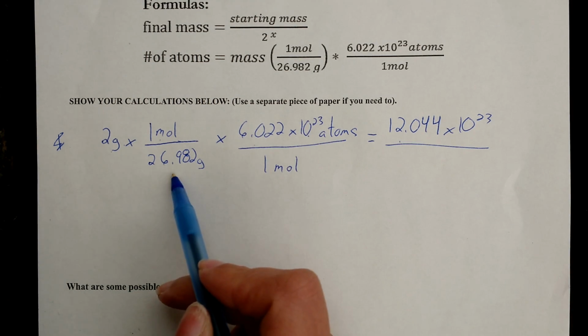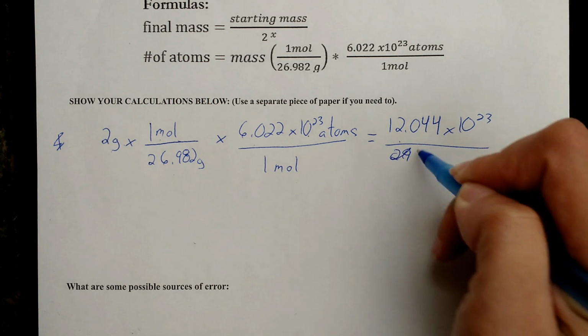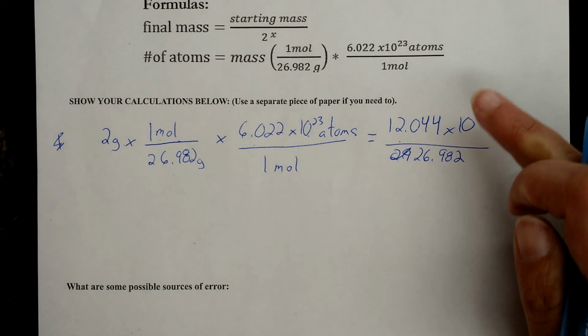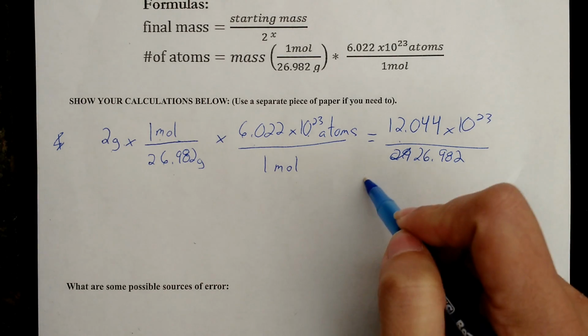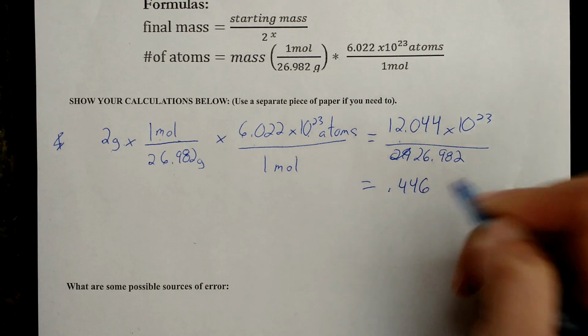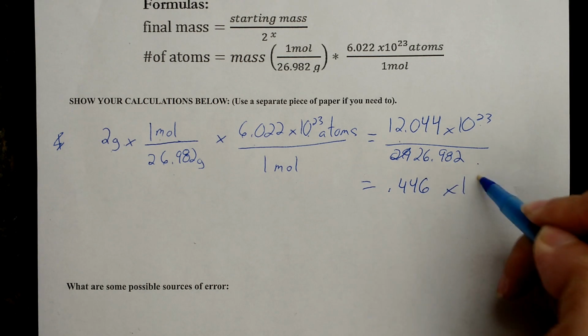Then we take our bottoms. 26.982 times 1 is going to be 26.982. You could ignore this for a minute and just divide this. Pop that into your calculator, and you're going to get 0.446. Now, since you don't have an exponent here, you can just bring this on down, times 10 to the